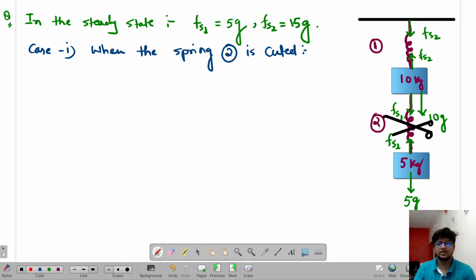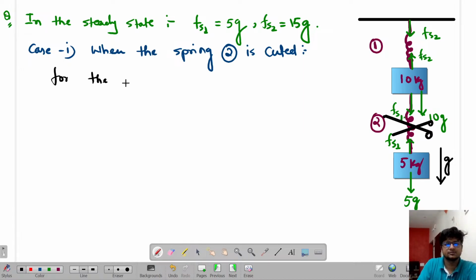So let's suppose if I cut the spring, this is spring. So I know that first case is, on the 5 kg block, there is no opposing force. So it will fall down with acceleration g, definitely. So look over here. Case A means